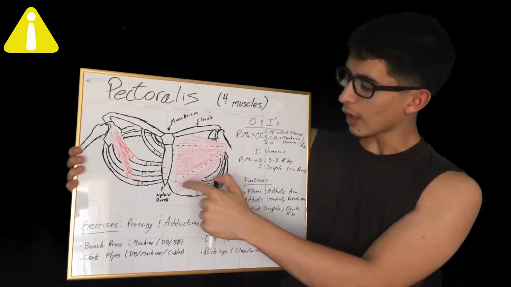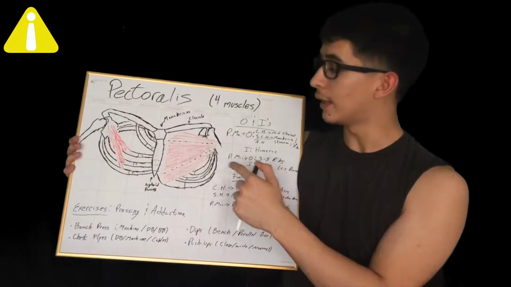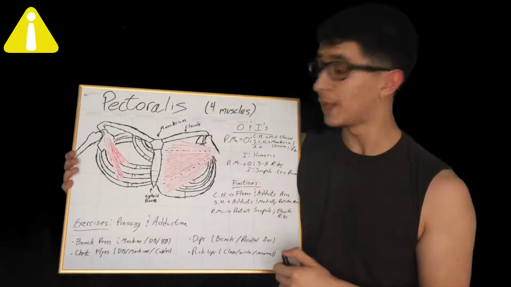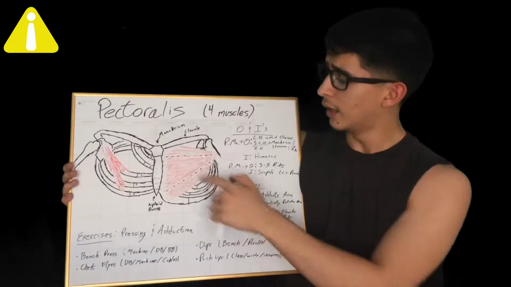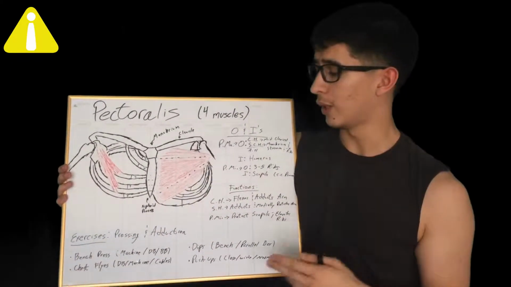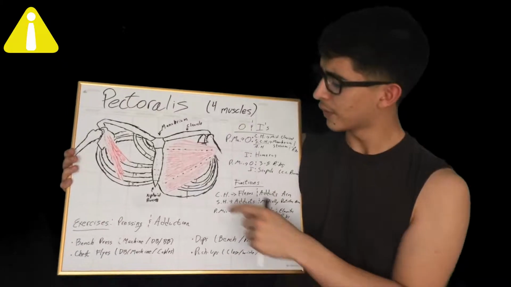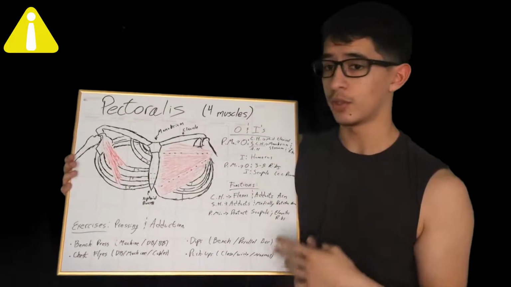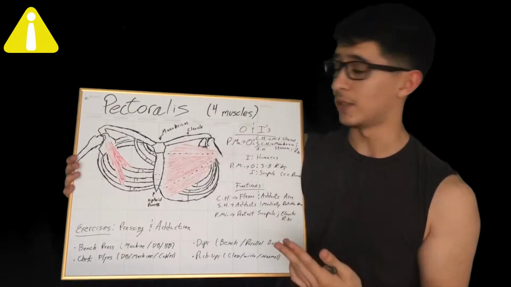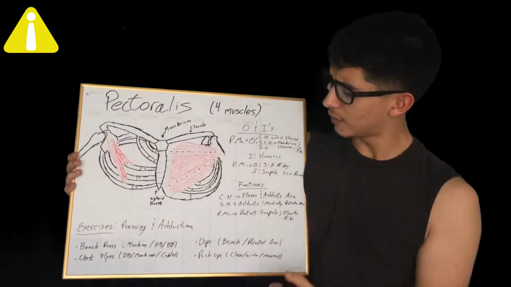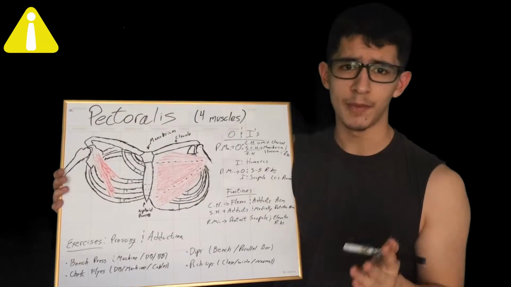So here, these little black dots are going to represent the subdivisions of the pectoralis major. Now up here we have the upper chest, also known as the clavicular head. Here we have the middle chest, which is known as the sternal head. And then down here we have the lower chest, which is known as the abdominal head of the pectoralis major. So we have 3 heads, and all of them pretty much carry out the same function of